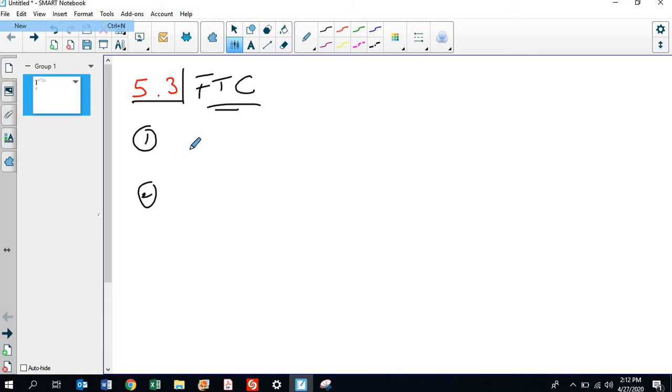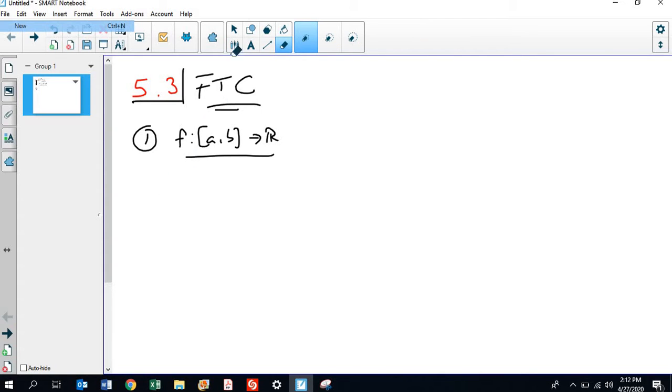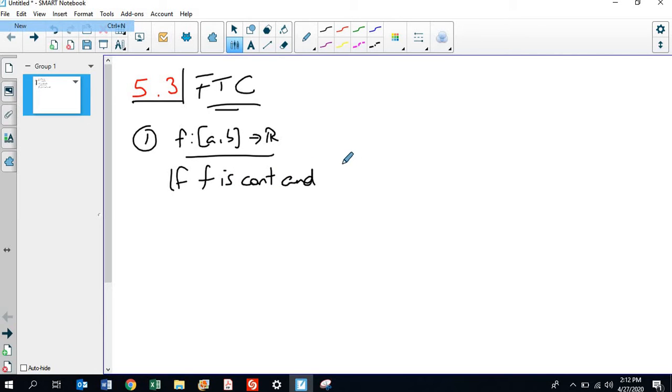So f is a function that goes from [a,b] into R. The first part of this theorem says you've got a couple of basic hypotheses. If f is continuous and we define big F of x to be the integral from a to x of f of t dt, on all of [a,b],